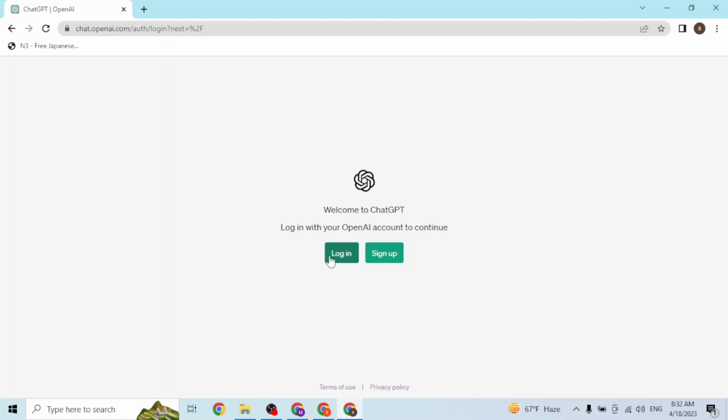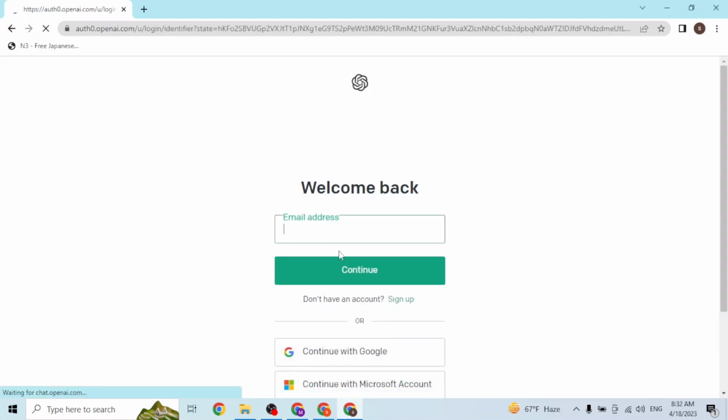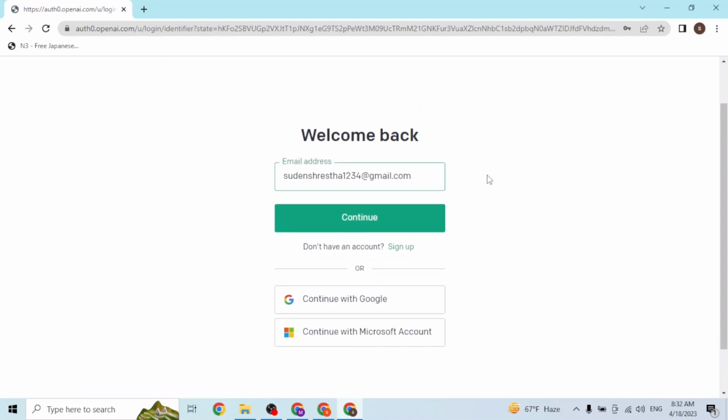And with that being said, guys, let's log into our OpenAI account. So let's click on login. And over here, guys, you'll be required to enter your email address like this, with which you had signed up